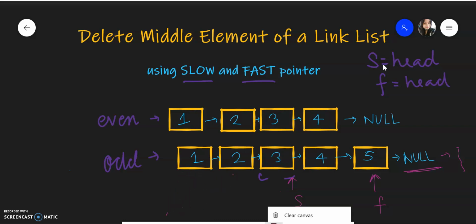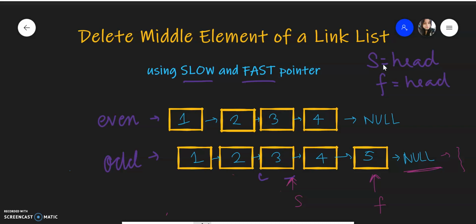Now what is the advantage of doing that? You see that we are moving the fast pointer twice. So when this loop ends, our slow pointer will be pointing to the middle node. So this is the node that we wanted to delete. Deleting this node is pretty simple. I have also made a separate video on how you can delete a particular node in a linked list without knowing the head pointer. Here I am just quickly going to show you how you can do that, but if you want to see that in detail, I'll link that question in the description.